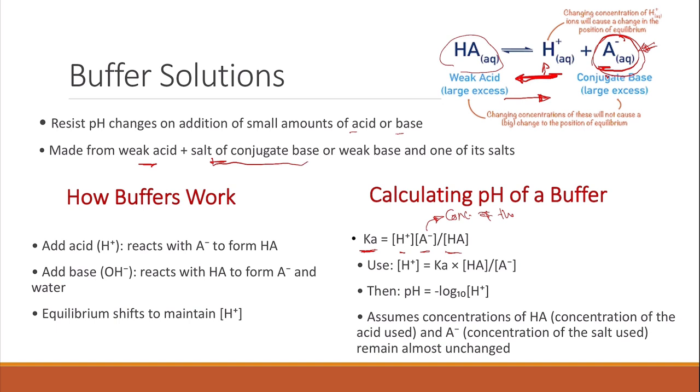So if we are using ethanoic acid with sodium ethanoate, it's going to be the concentration of the ethanoate. And then HA is the concentration of the acid. This is the original concentration of the weak acid as well. Now we can calculate the hydrogen ion concentration by rearrangement. So it's going to equal Ka times the concentration of the acid divided by the concentration